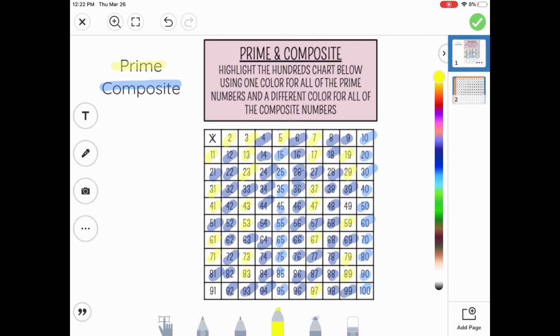I ended up missing 2 composite numbers when I was highlighting those. 49 is composite because 7 fits into it evenly, and 91 is also composite because 7 fits into it evenly. So just to go over to make sure you have all the right answers, the prime numbers you should have